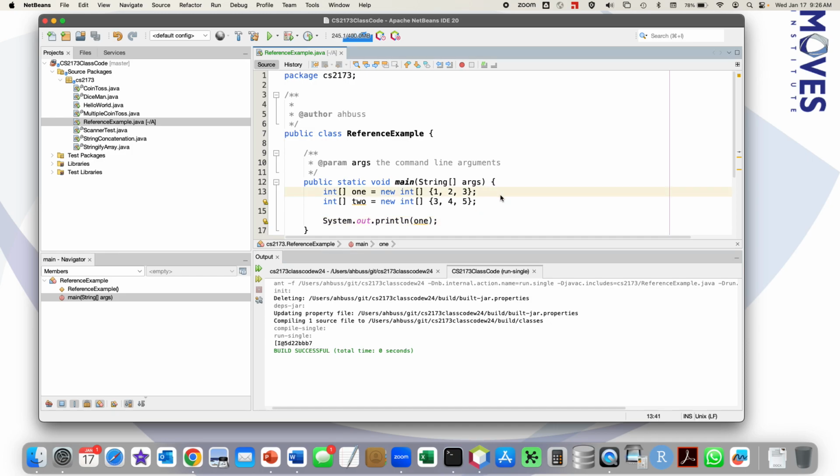Something similar with strings. The variable 1 is referring to a place in memory where these three values are being held one after the other. And likewise 2 is now pointing to a different area where these three values are likewise one after the other. But what happens?